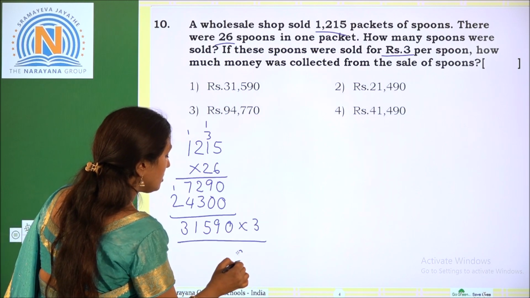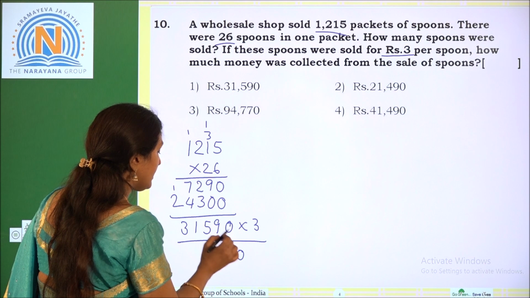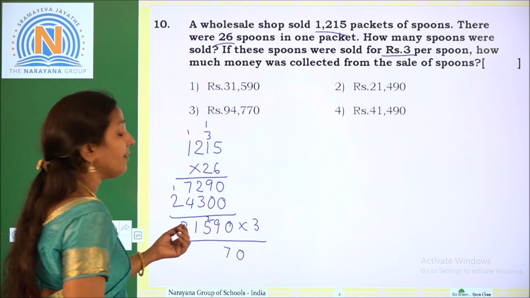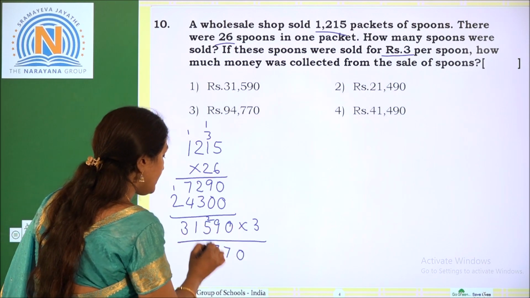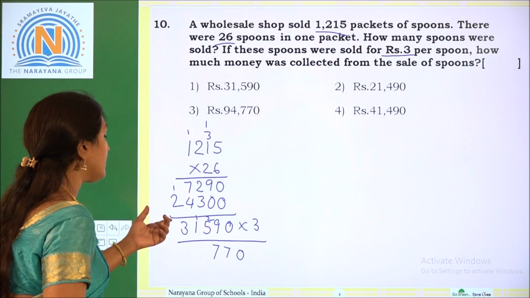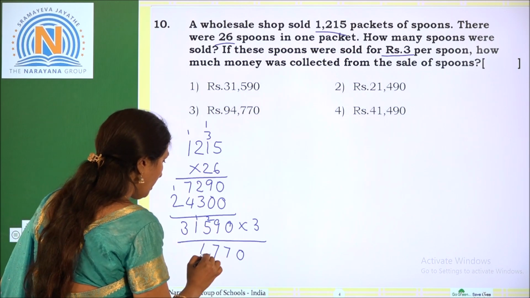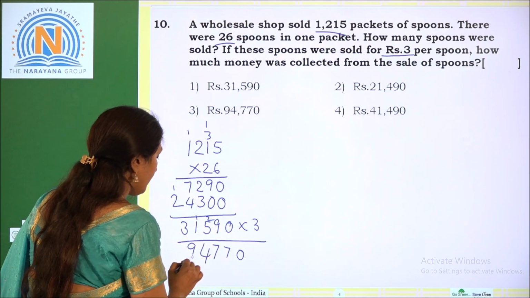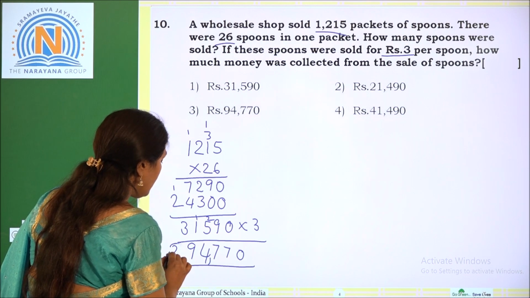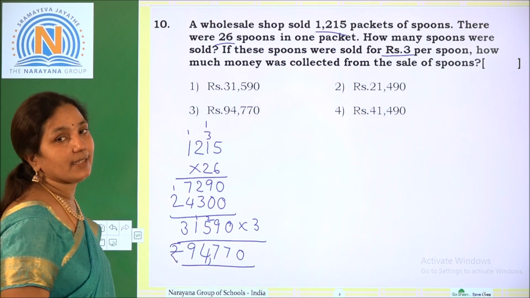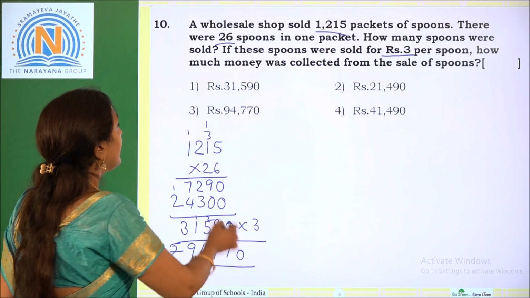Now 3 zeros are 0, 3 nines are 27, 2. 3 fives are 15 plus 2 is 17, 1. 3 ones are 3 plus 1 is 4, 3 threes are 9. So how much do we get? 94,770 rupees. So the required option is